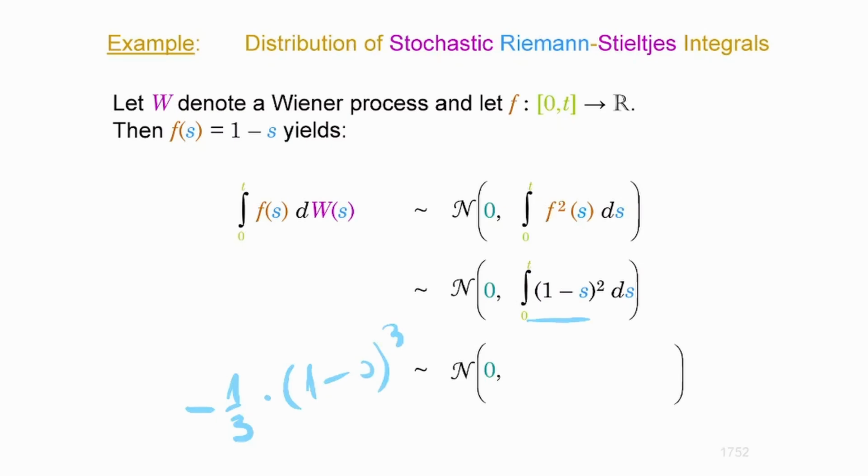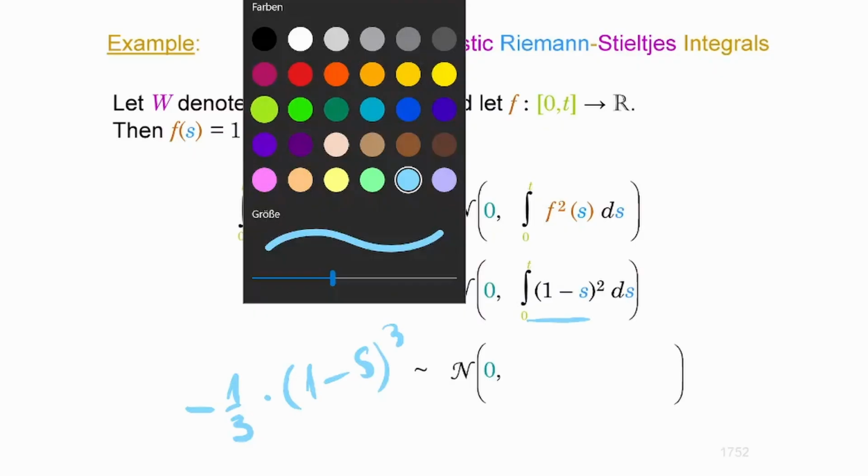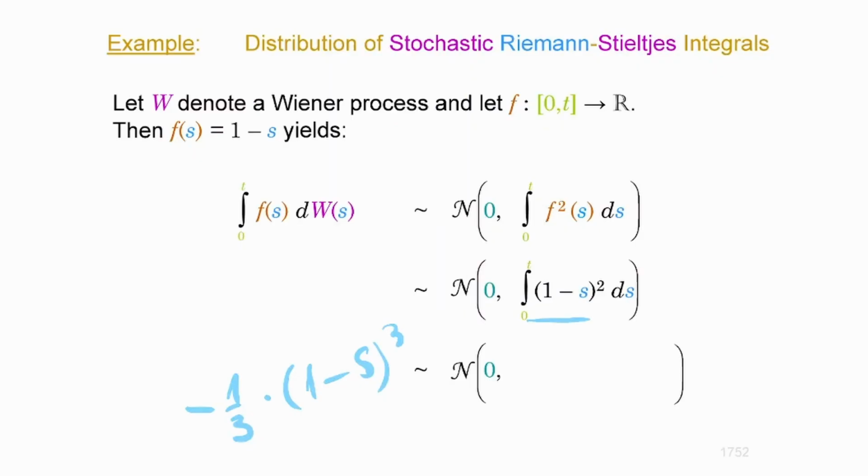Because if you differentiate that with the chain rule, you're going to get it back. So keep in mind the inner derivative, guys, with respect to s is -1. And if you put that at time point t, where the upper end point is going to be here, that is it. And the lower end point now is not going to be 0 this time.